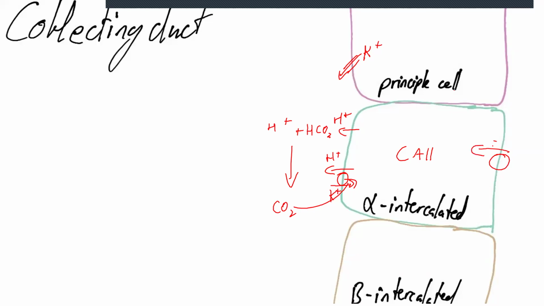So it pulls in chloride and it releases bicarbonate. The beta intercalated cell is basically the exact opposite of the alpha intercalated cell. So the ATPase and the potassium hydrogen exchanger are on this side, where they release it into the blood, and the,